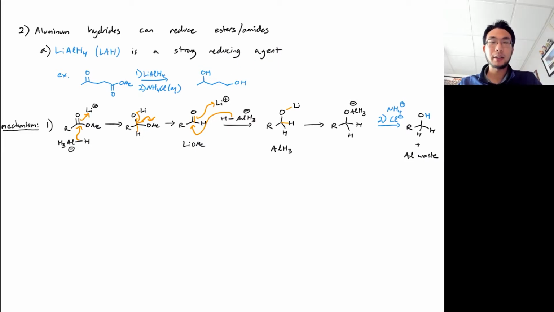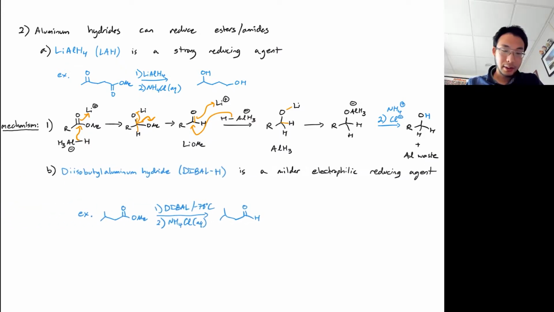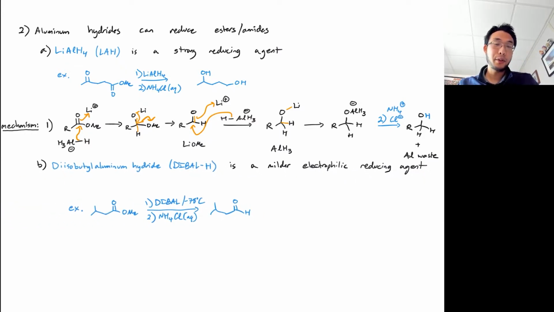agent and brings everything down to alcohols, aren't there going to be times where we want to take an ester and turn it just into an aldehyde and stop there? And the answer is yes, there definitely are times where you want to do that. And there is a solution. So since our nucleophile LAH is too strong, the solution is to come up with a version that is just less nucleophilic. And so the version that was come up with is called diisobutyl aluminum hydride, or DIBAL, and it looks like this right here, where this attachment of the 4-carbon group here to aluminum, this 4-carbon group is called